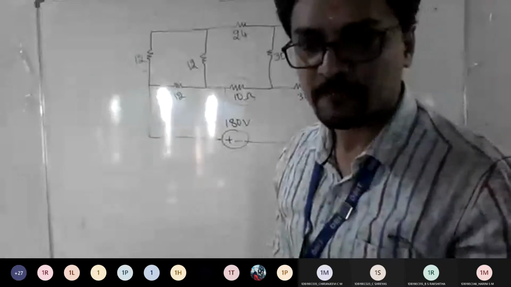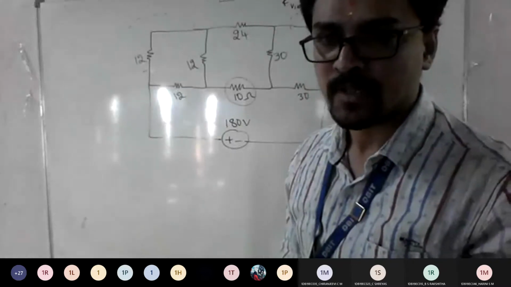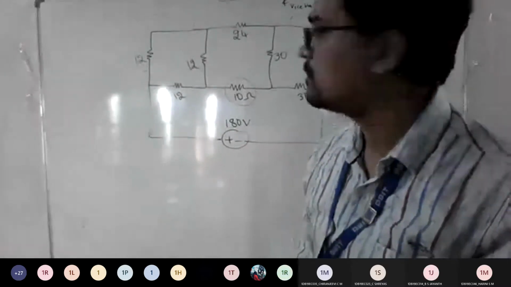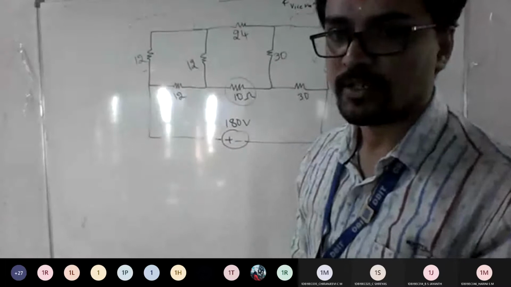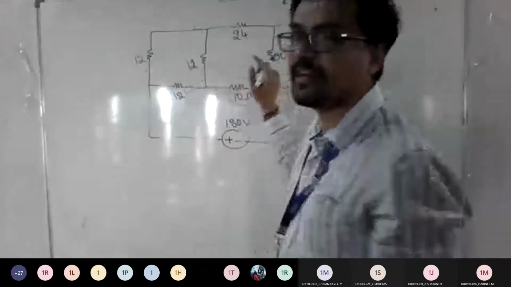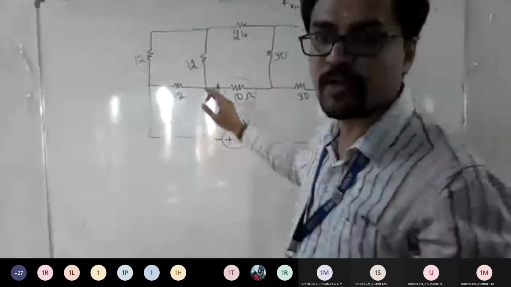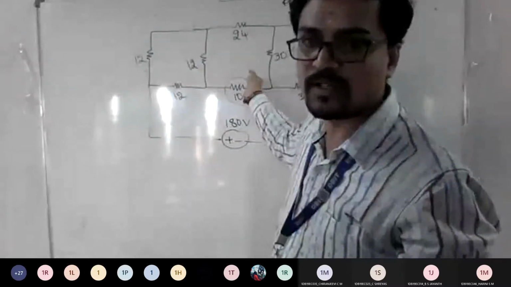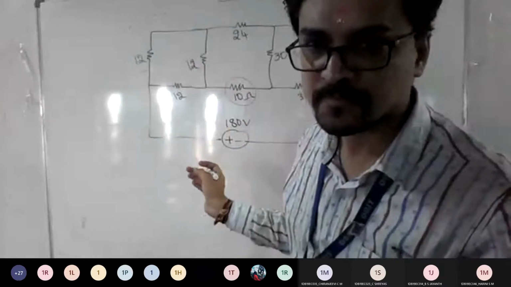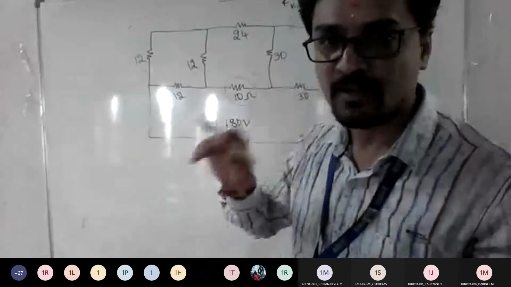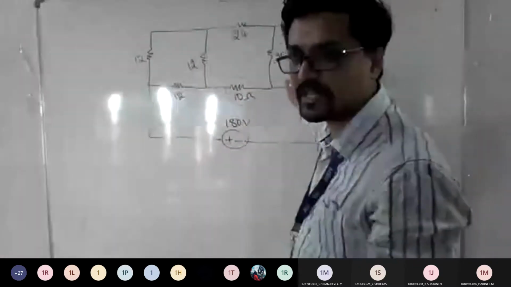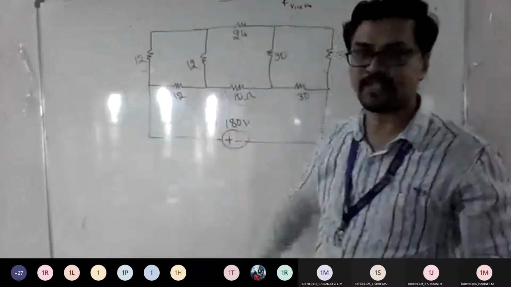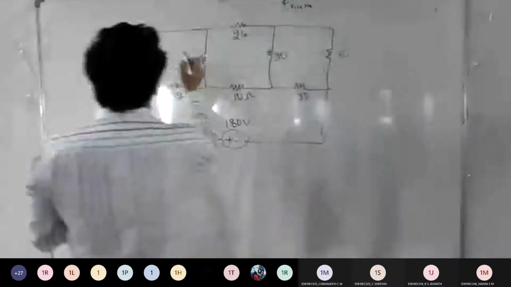Which form will you apply now? Which conversion here? Delta to star, sir. So how many deltas do you have now? 2, sir. Actually it looks like 3. 1, 2, 3. 3 deltas are there, but no need to apply for the middle one. Correct? If you apply for either end, then automatically one will come in series. Yes or no? See, this is the thing you should remember. So don't apply delta blindly for everything. Apply for this end and this end, so automatically this middle one becomes series, right? So try to incorporate that and tell me what is the answer.